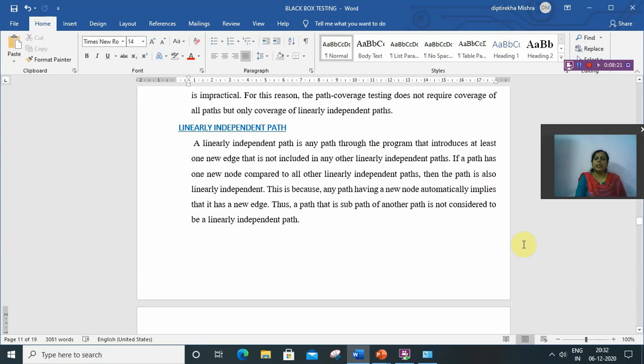And if a path has a new node compared to all other linearly independent paths, then the path is also linearly independent. It means if a path has a new edge or a new node, then it will be a linearly independent path.